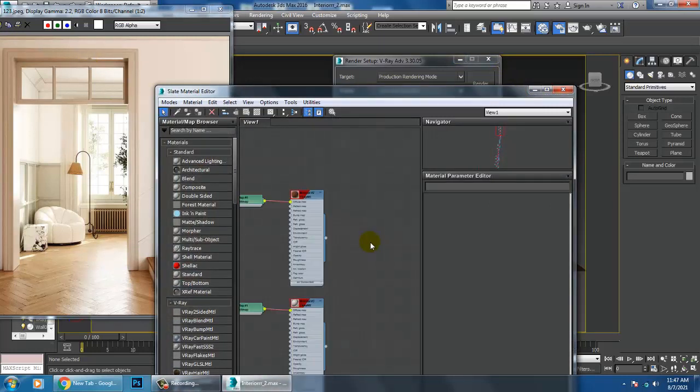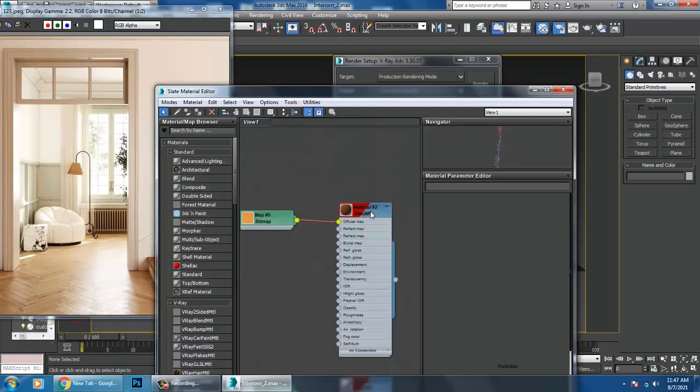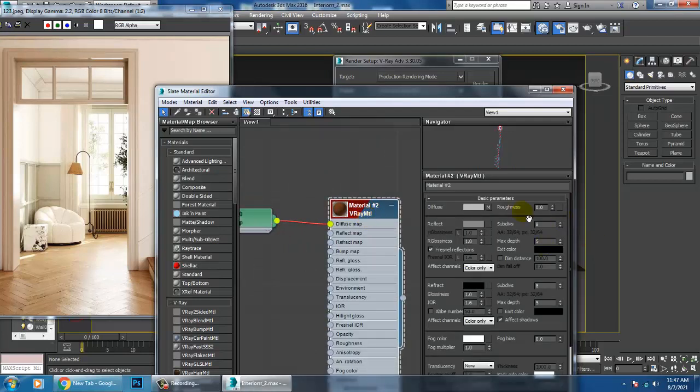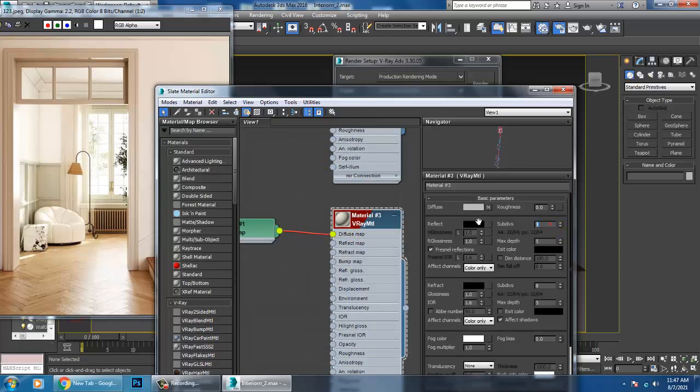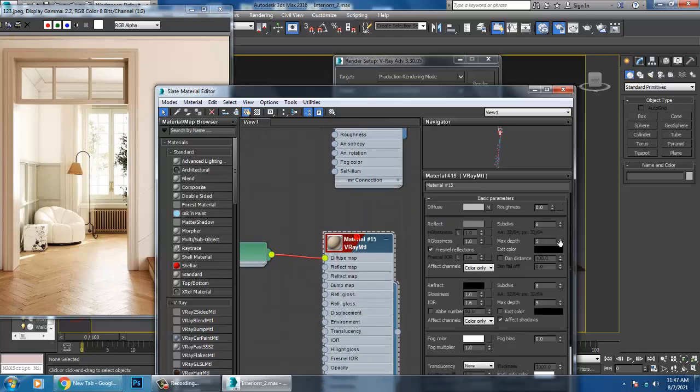I'll select this, and if you look at it, you get this option, that's your subdivisions for your materials. This gets activated once you activate the local subdivisions. I can just increase it to 16 over here, but don't increase it for all. If it is required, we can increase it for that.